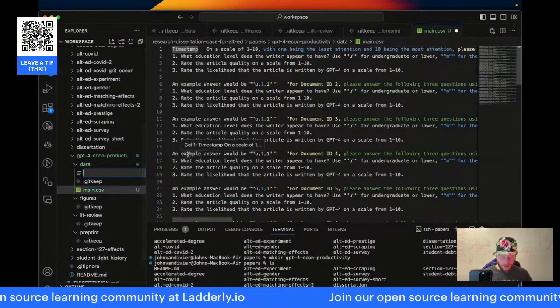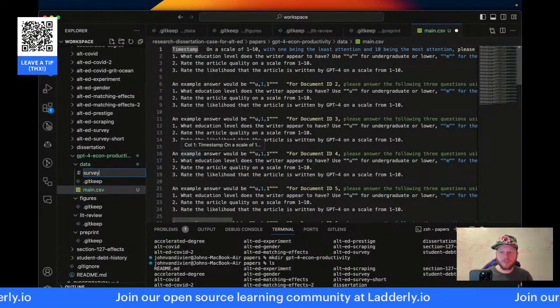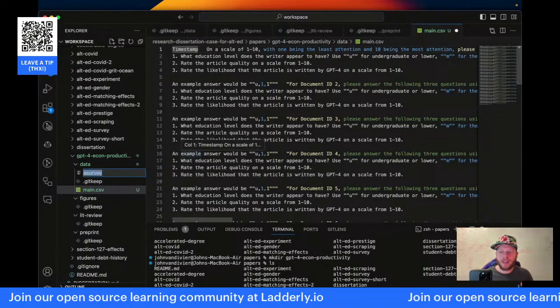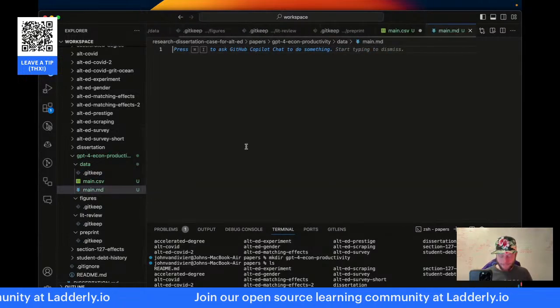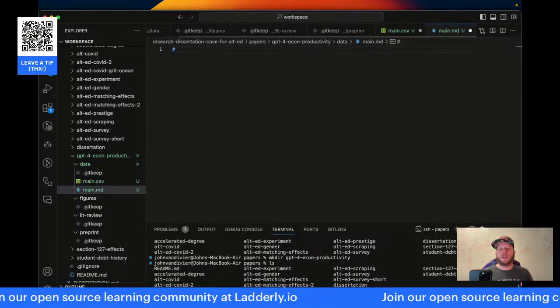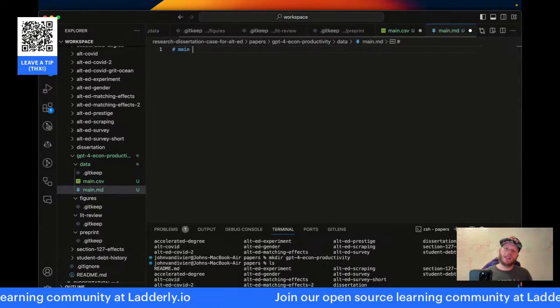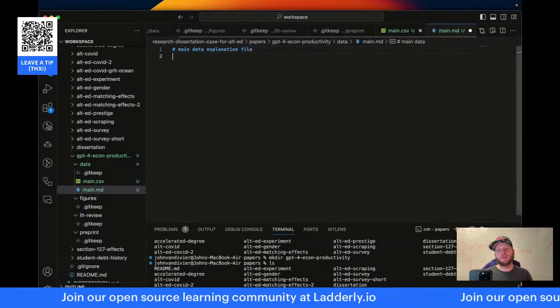Here I will do a markdown file, and this will be survey. I'll say main, here, this will be main.md. And this will be the main data explanation file.